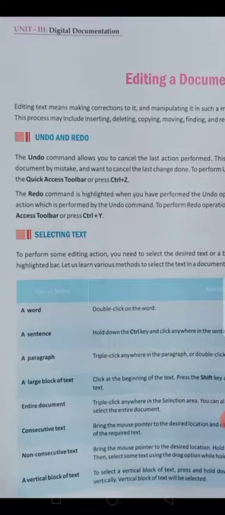Undo and redo are known as the last action and the reverse of the last action. If you are working and your work becomes wrong, we can use undo. It will change your work back to the last state. But if you feel that your last work was good, then you can use redo. What you removed with undo will come back with redo. Control plus Z is used for undo and Control plus Y is used for redo.